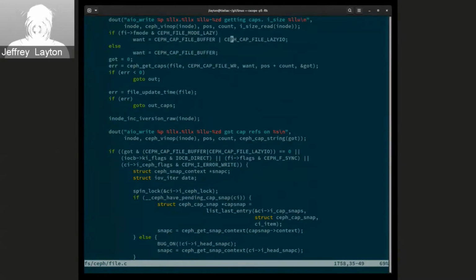But we also want the file buffer cap, or maybe the lazy IO cap. Now the MDS will issue these FB caps if it wants to allow the client to cache or to buffer writes. And if this is the case, then we can go down here. When we get down here, also like here where we increment the i_version. But down here we